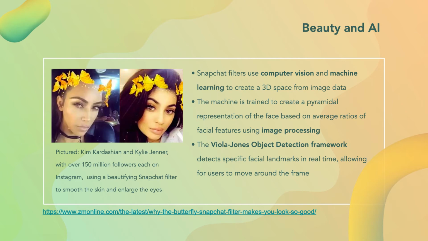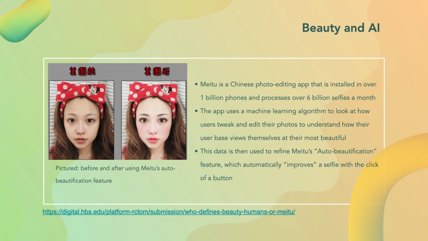Using such an example of a beautifying filter on Snapchat. So you can see their skin's very smoothed, their skin tone is kind of bronzed, their eyes are enlarged and kind of sparkly. So this is just an example of what a Snapchat filter can do with the click of a button. So another use of AI in these beautifying apps can be found in the popular Chinese photo editing